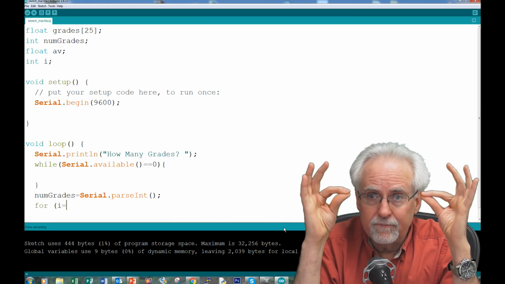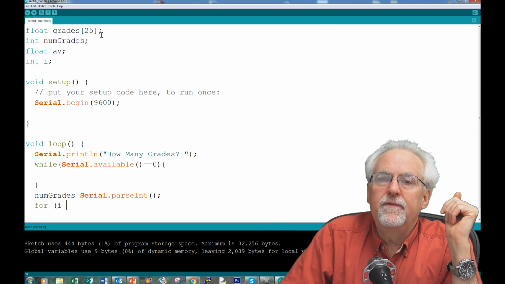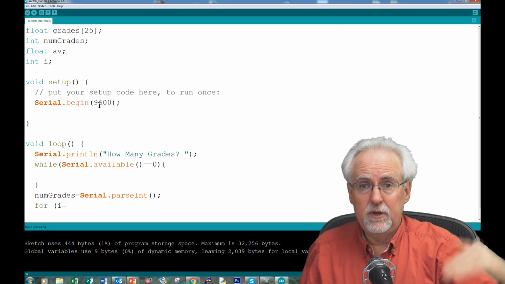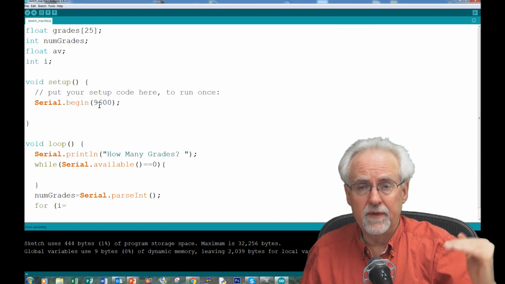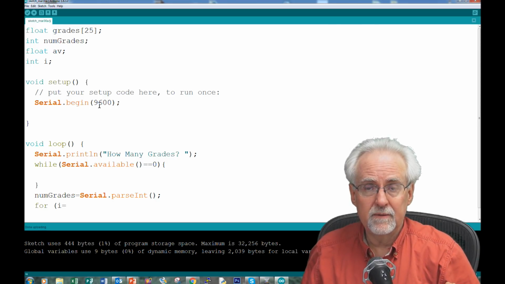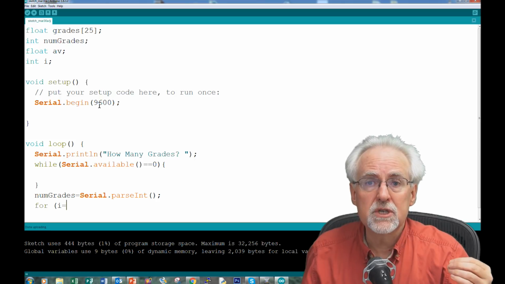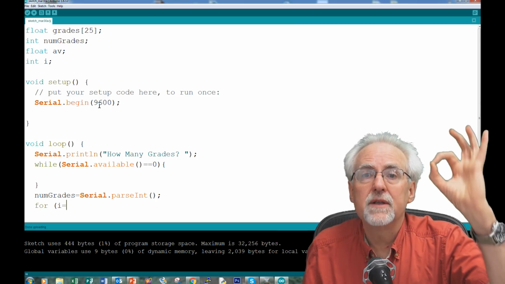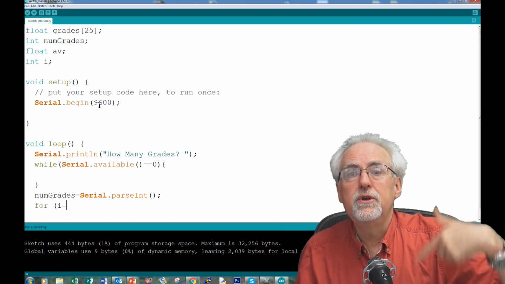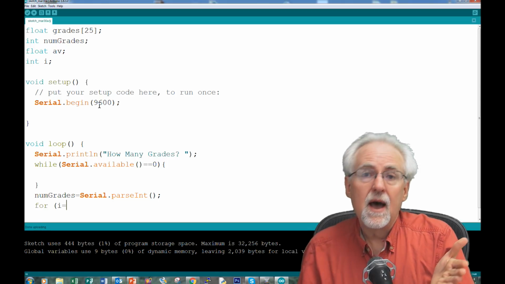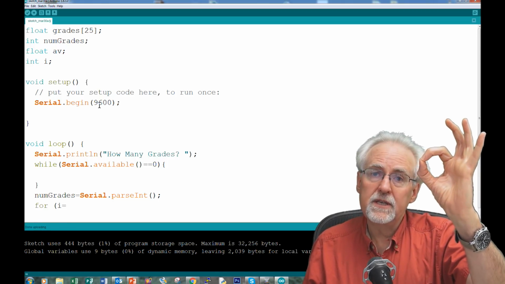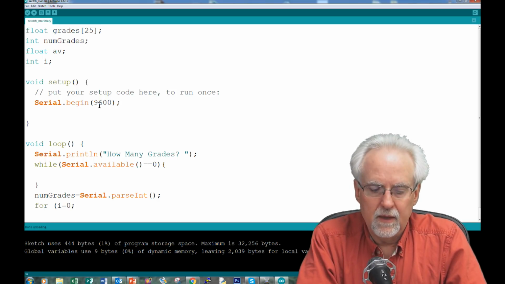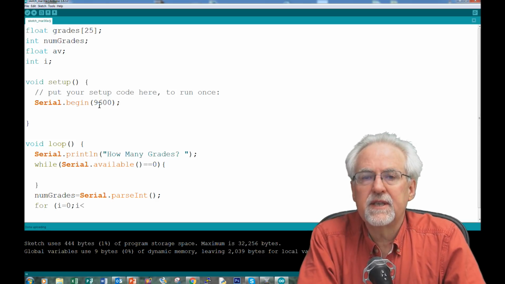Now something that you need to learn. When you have an array, you have the slots numbered. You have the first slot, the second slot, the third slot, the fourth slot, the fifth slot, the sixth slot. Okay, but the first slot is not slot 1. The first slot is slot 0. So if we're going to put numbers into these slots, our for loop needs to start at 0. So we're going to say for I equal 0, okay, to I is less than, how many times do we